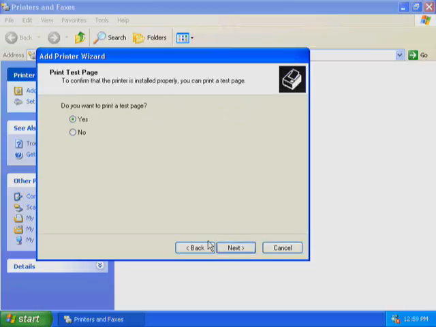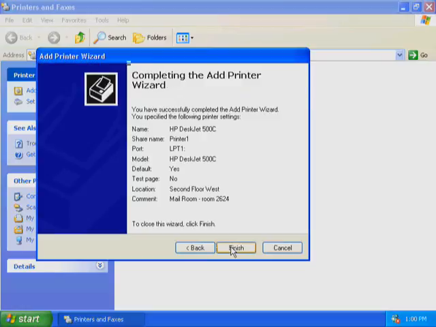In general, when you are setting up a printer, it is a good idea to print a test page to confirm that it is installed properly. However, you will not do that in this exercise. Under Do you want to print a test page, select No. Click Next to continue. The Add Printer wizard displays the Completing the Add Printer wizard page and provides a summary